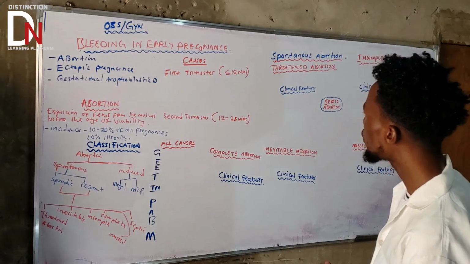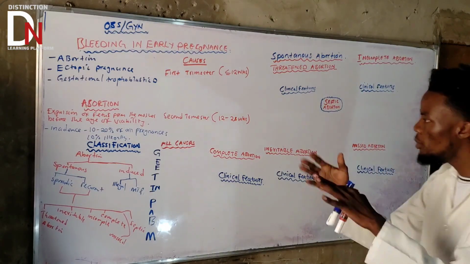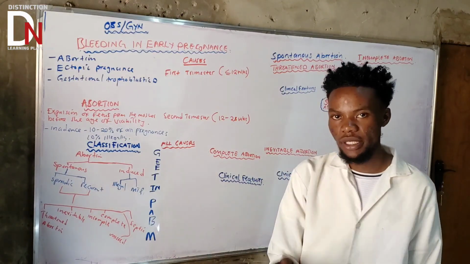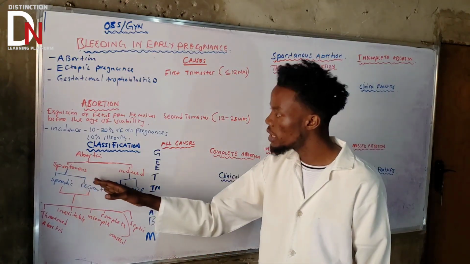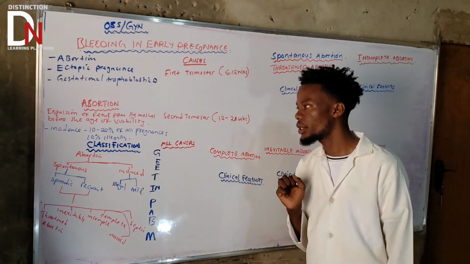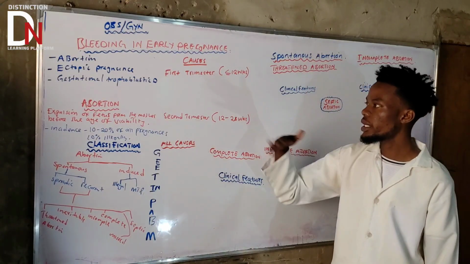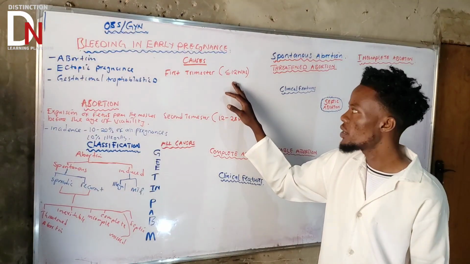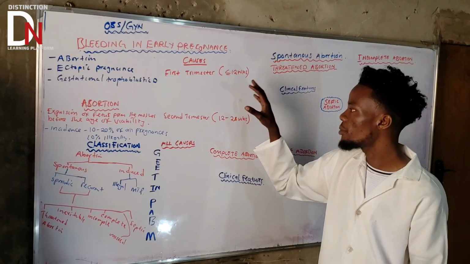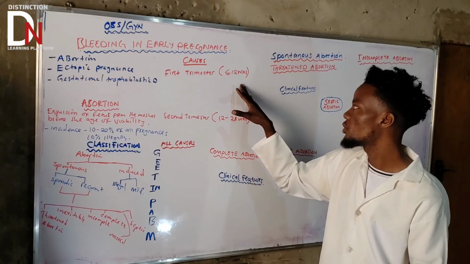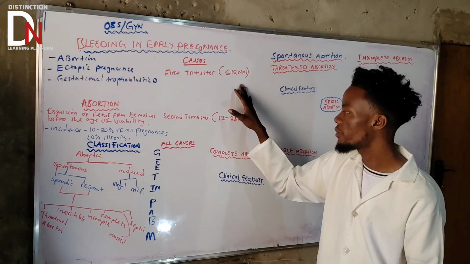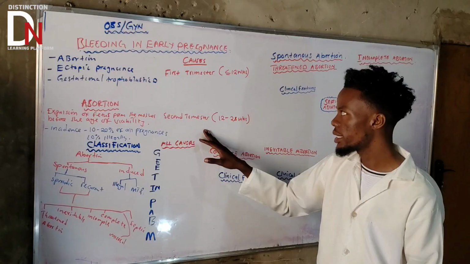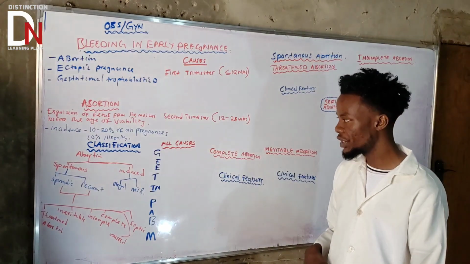Now, since we've understood how we can classify abortions, what else are you supposed to know? You need to know what could cause this abortion that we're talking about. So let's just say not induced. Induced, there's no cause, you're just inducing it. So we are talking about the spontaneous abortion. What could cause that? The causes can be further categorized into first trimester, which is less than 12 weeks. There are some causes that can cause abortion in less than 12 weeks, which is within the first trimester. There are also other causes that can cause abortion in the second trimester. You are going to be asked such a question.